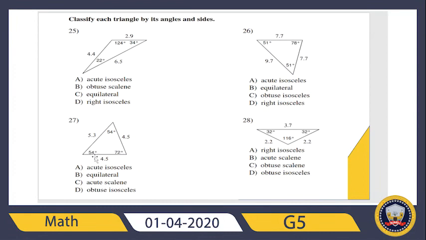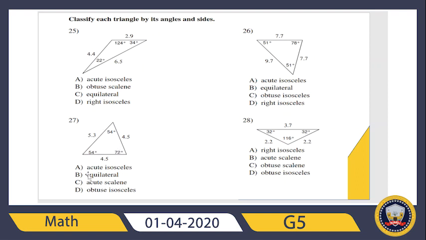Here the first angle is 54 degrees, the second one 54 degrees, the third one 72 degrees. So each angle inside this triangle is less than 90 degrees. What is it called? Acute, right, or obtuse? Yes, it's an acute angle triangle. Why? Because each angle inside this triangle is less than 90 degrees. And isosceles. Okay, let's